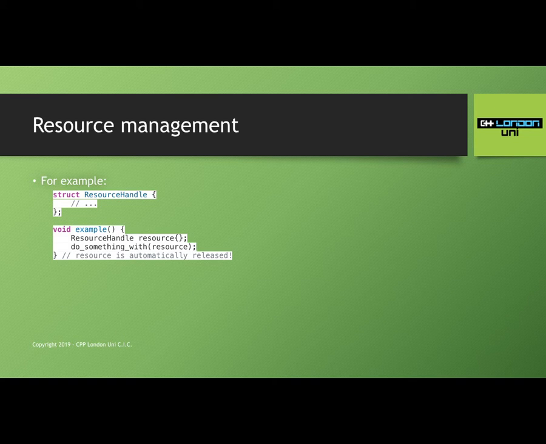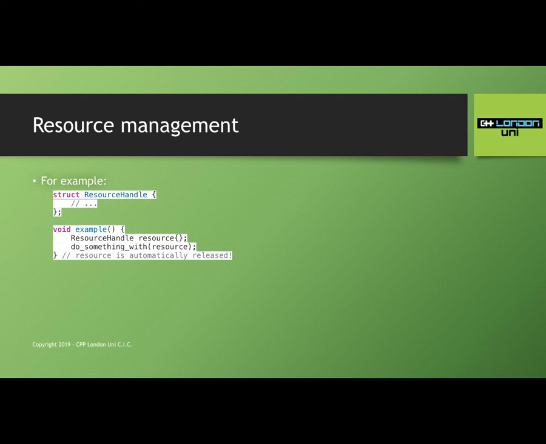And now in our example function, we create a resource handle object. And we imagine that the constructor of this object is going to call acquire resource for us. We use the resource, do something with resource, just like we did before. And then when the example function is finished, when we leave the scope, when we reach this curly brace, the resource object is going to be destroyed. Its lifetime has ended. It is finished. It is shuffled off this mortal coil.